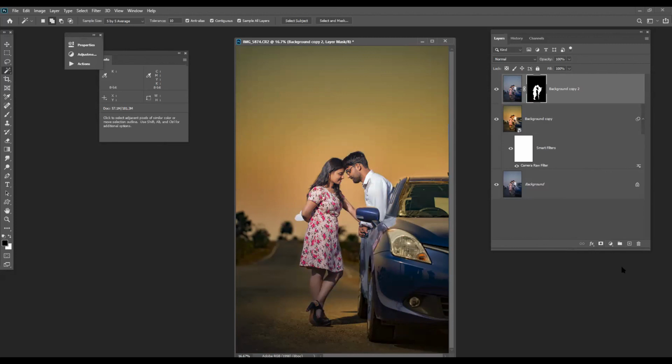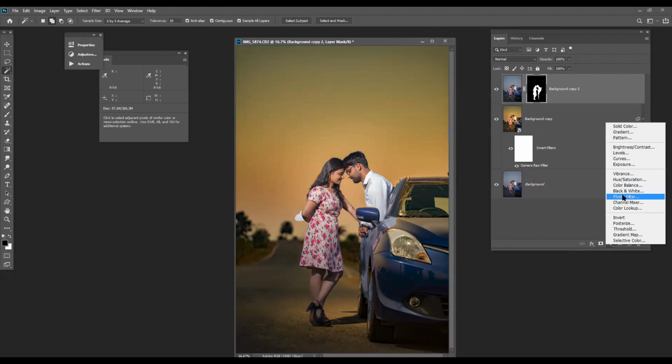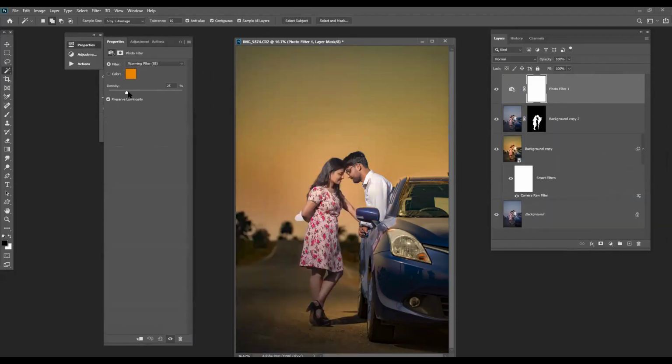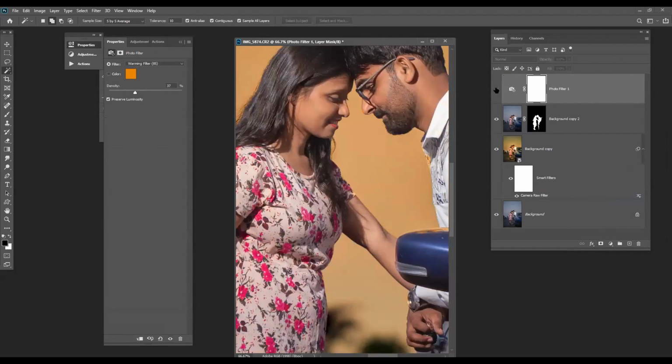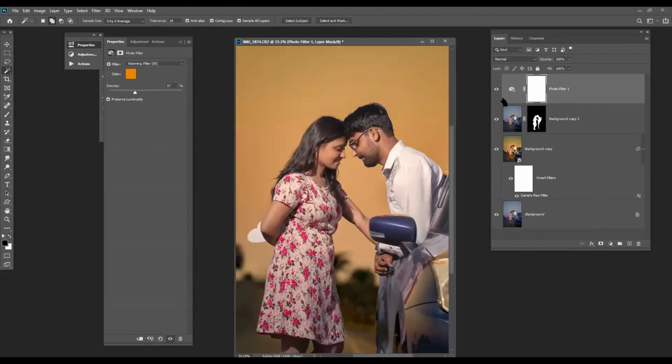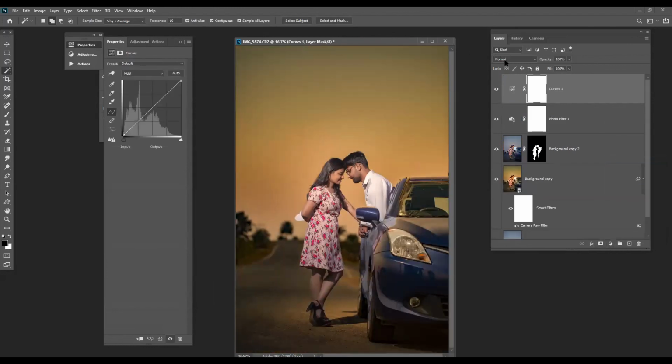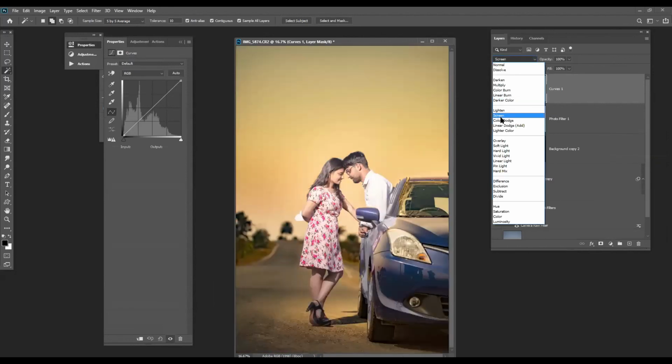Now what we can do to match up the color, it's already in a yellow tone. We can go to photo filters and put a little yellow inside the image. So now the skin tone is also going well. Now a simple way to enhance your image, go to curves, go to screen.